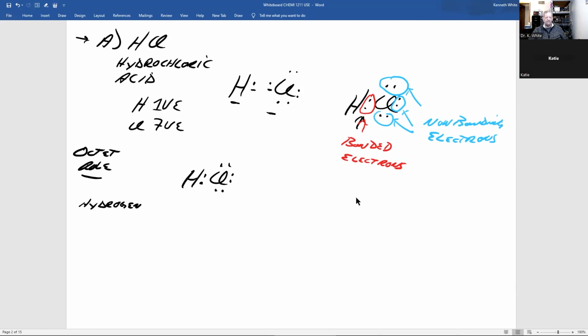Hydrogen's octet is 2. So every element, when it's in a covalent bond in a molecule, should have an octet, except hydrogen's octet is 2. So if we look at HCl,